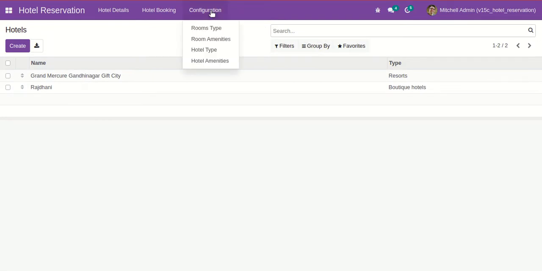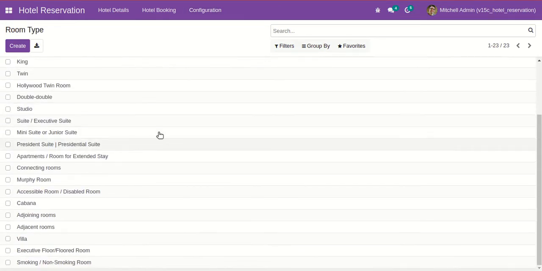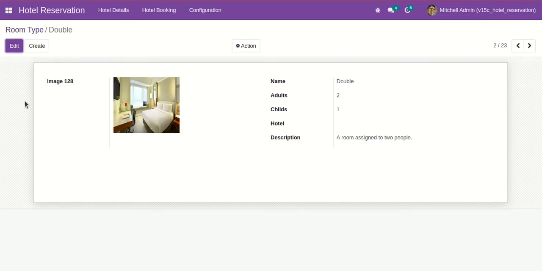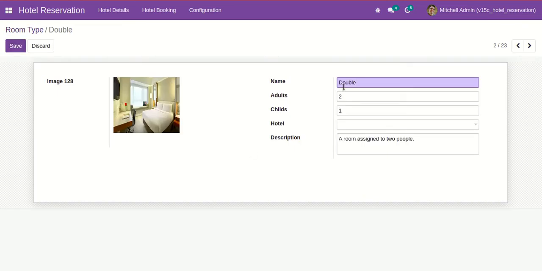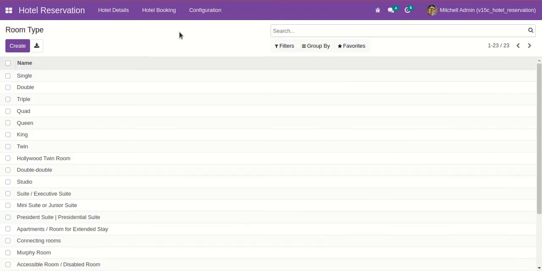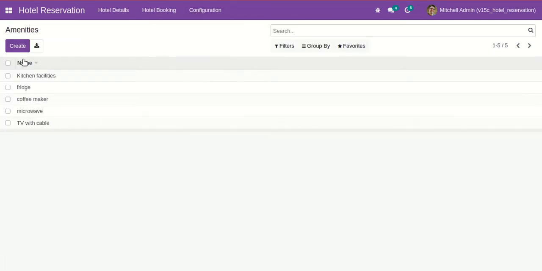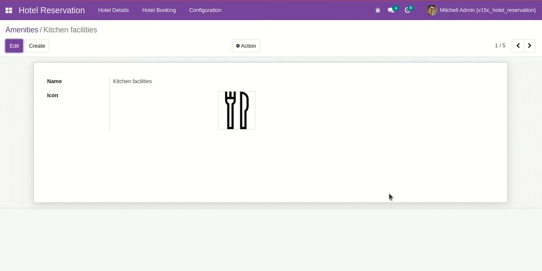Here we have provided some more configuration like hotel type, hotel amenities, hotel room type, room amenities. So from here we can create the room types, and we can add the capacities of the guest in the hotel. Inside the room amenities we can add the room amenities for the room.